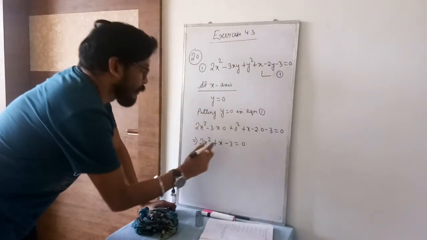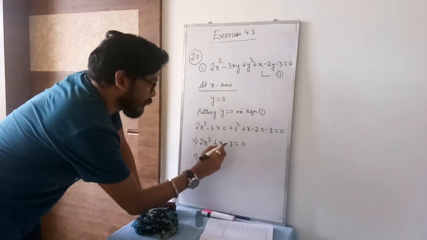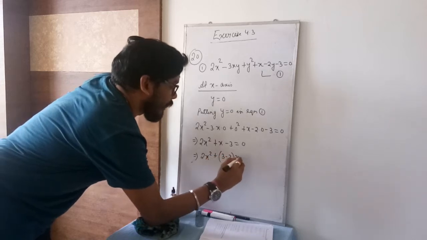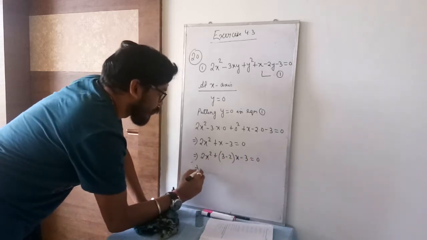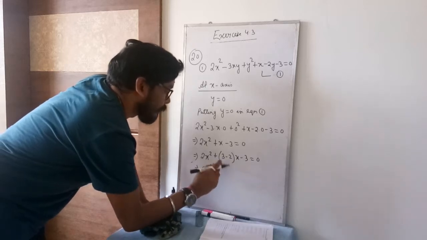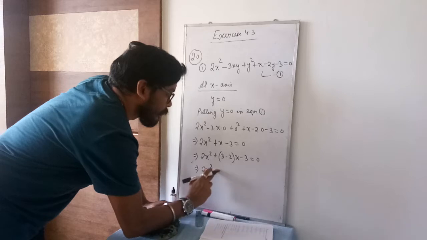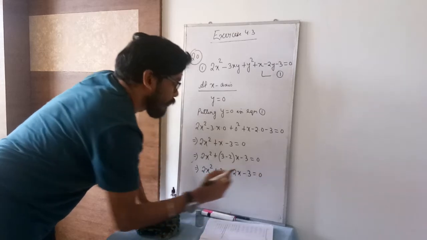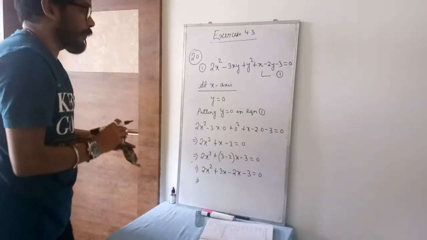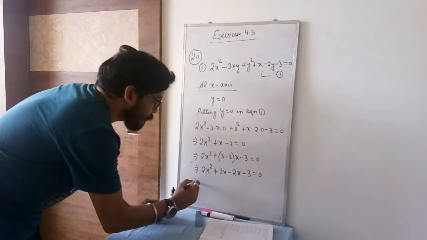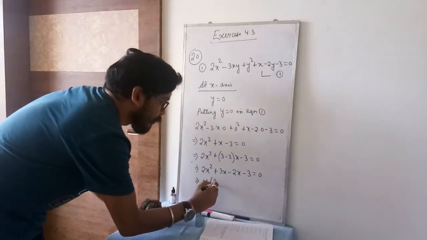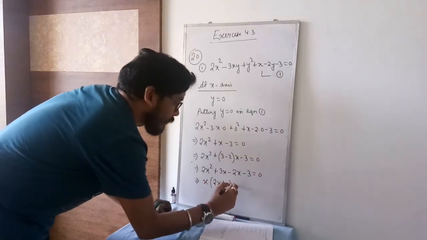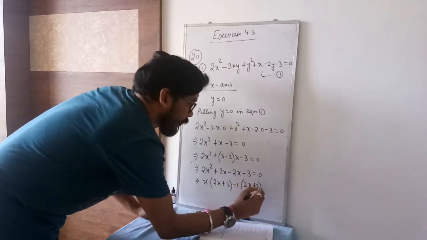So you can take middle term here, 3 to the 6. So it is 3 minus 2. So it is 2x square plus 3 minus 2x minus 3 equal to 0. So what did you get here? 2x square. I am writing this 3 clearly. So plus 3 into x, 3x minus 2x minus 3 equal to 0. So what is the common term here? So you can take here x common. So it is 2x plus 3. 2x plus 3, here nothing common is 1. So 2x plus 3 equal to 0.